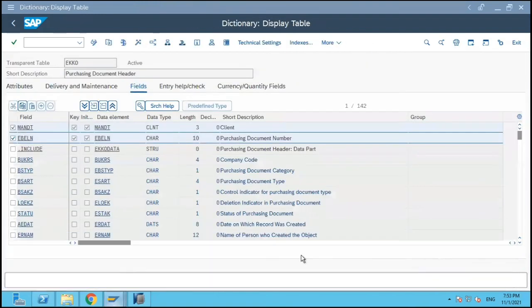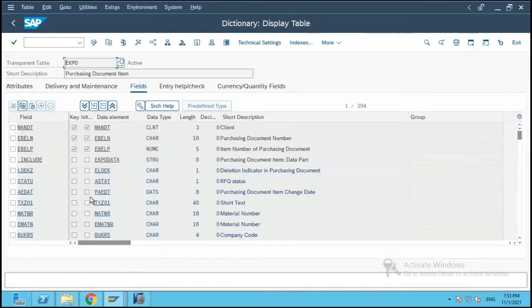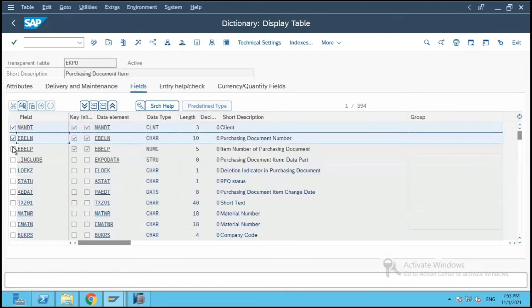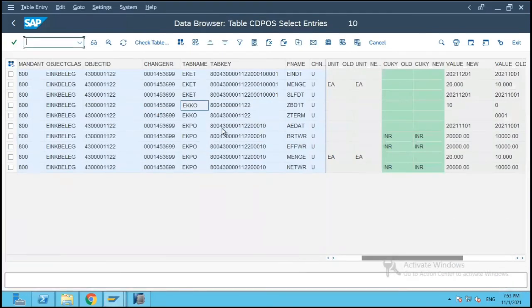Next comes the EKPO table. Let's open the EKPO table. If you see over here, there are three fields: client, PO number, and purchasing document line item number. Let's take this example: client 800, followed by the PO number, followed by the line item number.